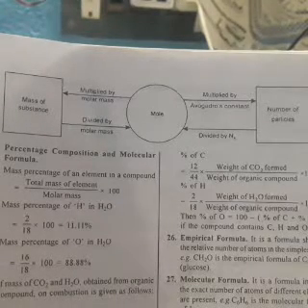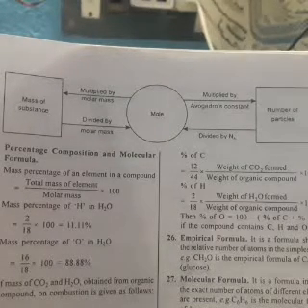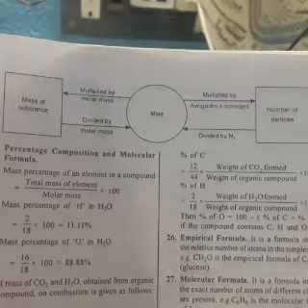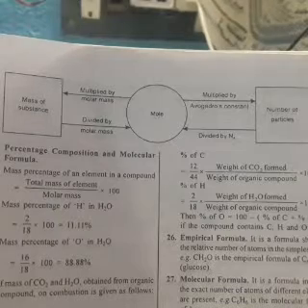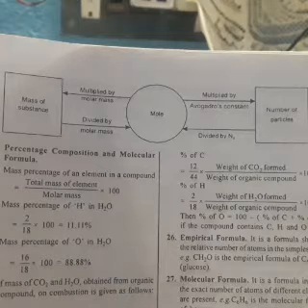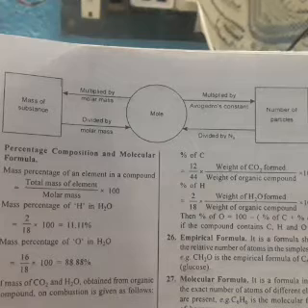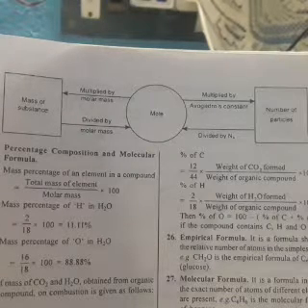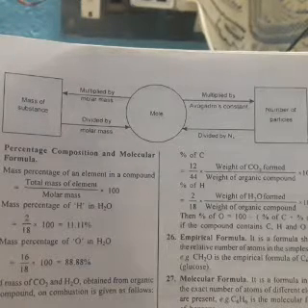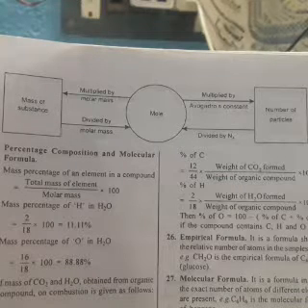whatever the mole you have given, if you multiply it by its molecular mass, then you get the mass of the substance. Similarly, when the mass of the substance is divided by its molecular mass, then you also get the number of moles. Clear? Now, if a certain number of moles is multiplied by the Avogadro constant, suppose 3 mole is multiplied by the Avogadro constant, meaning 6.023 into 10 to the power 23,